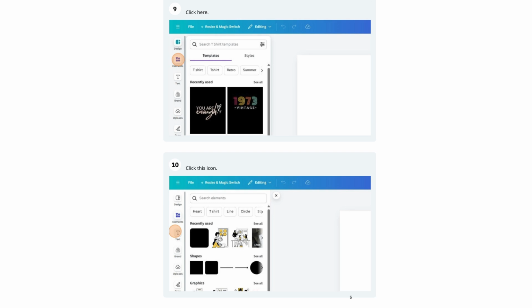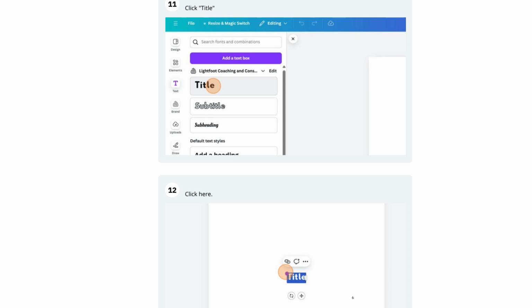You're going to go to elements. Once you click on elements, there are going to be various elements that will come up. You're going to click on text, okay, which is right here. Once you click on text, we're going to start with our word that we want to put or our phrase or whatever. So you're going to click on title,